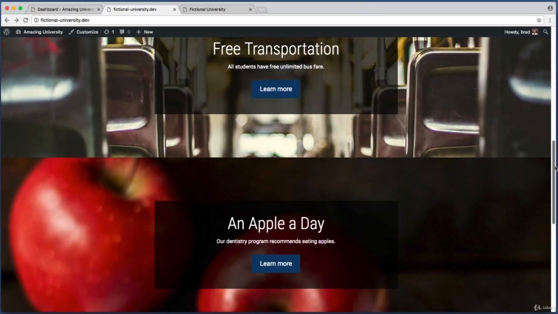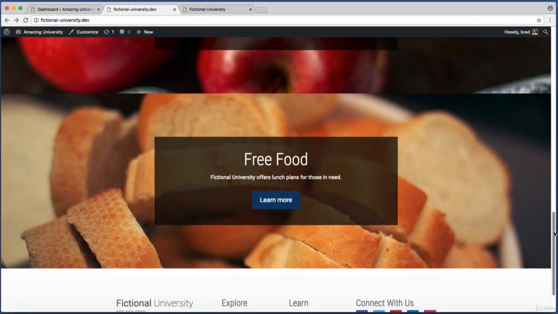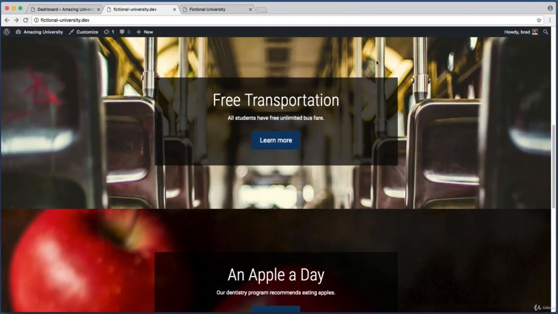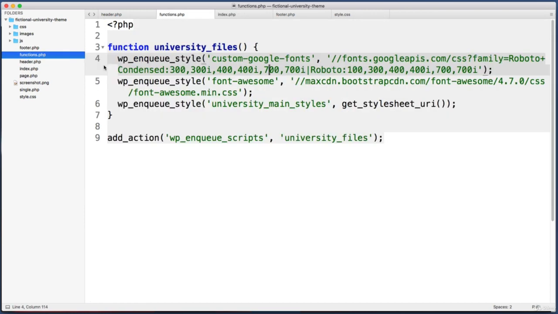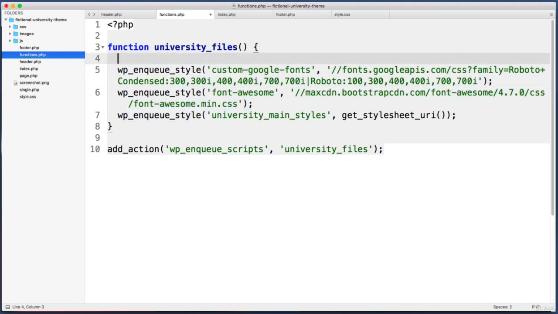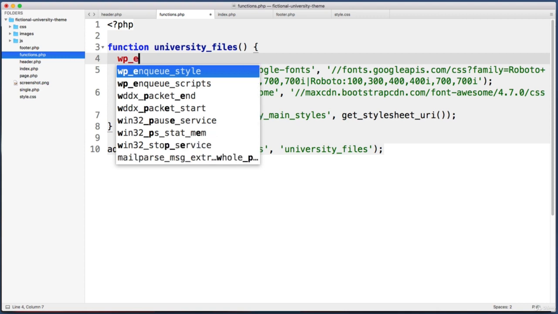The only problem now is that this section isn't cycling through the 3 slides. It's just showing all 3 slides stacked on top of each other. All we need to do to fix that is load a JavaScript file that handles the slideshow behavior. So back in our text editor, jump into our theme's functions.php file, and loading a JavaScript file is just like loading a CSS file. So right above this line, let's add a new line, and let's call a function named